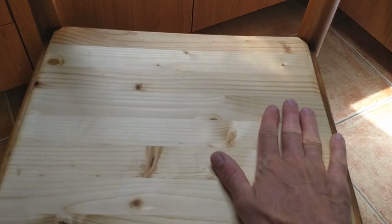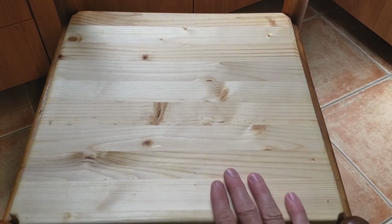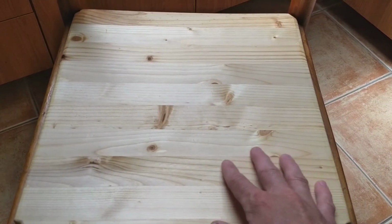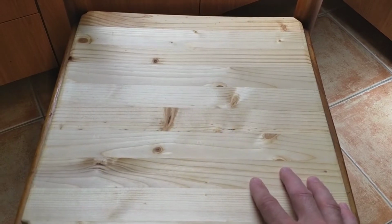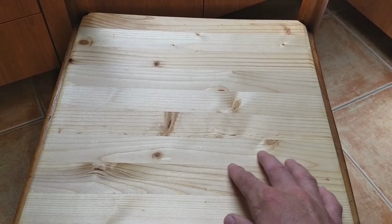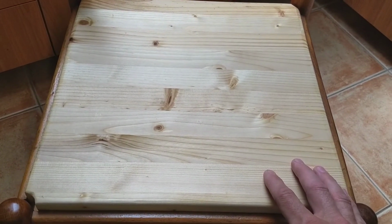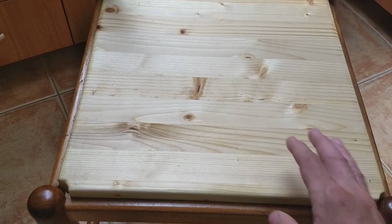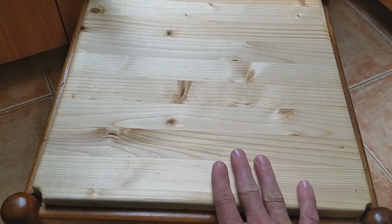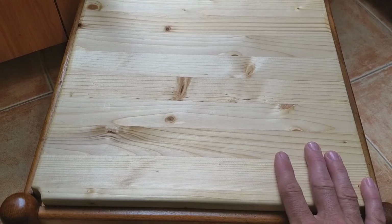It did get a little bit darker from the linseed oil, and I think this will obviously keep getting darker and mellowing in color over time. Pine does keep getting more yellow and amber color as time goes on. And I can always apply a little bit more oil. It did absorb a little bit more of the oil, so I'll probably give it another coat